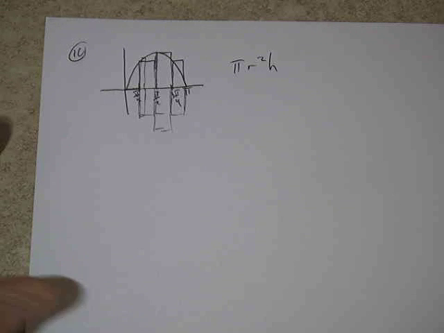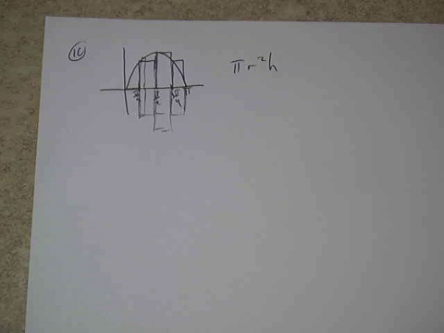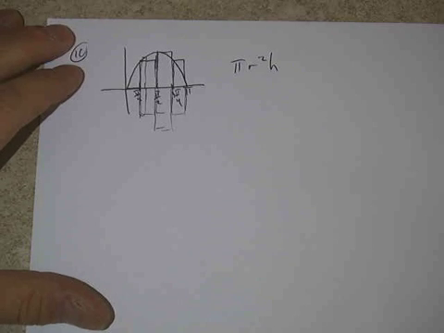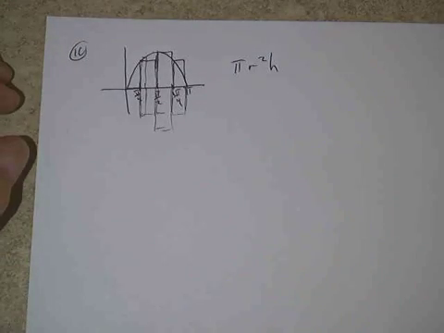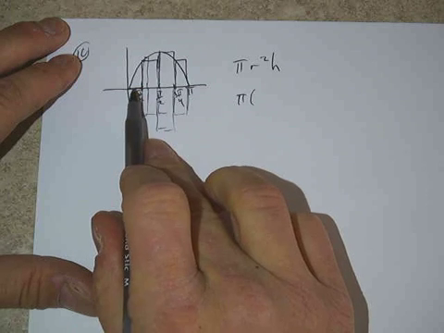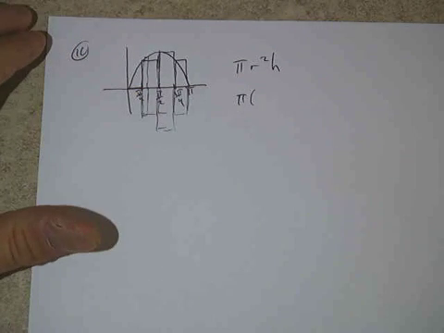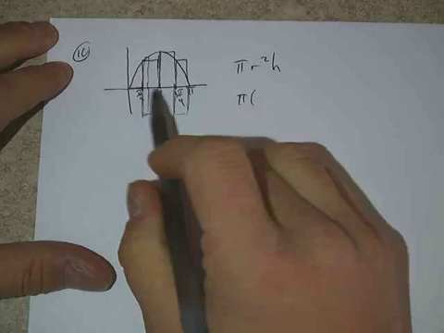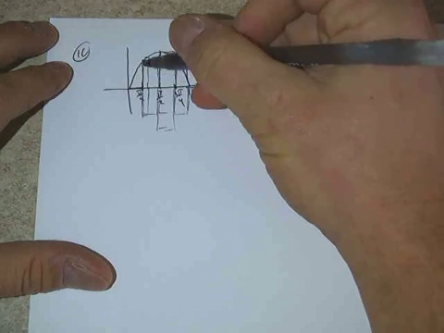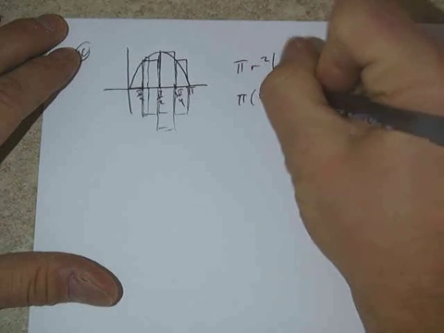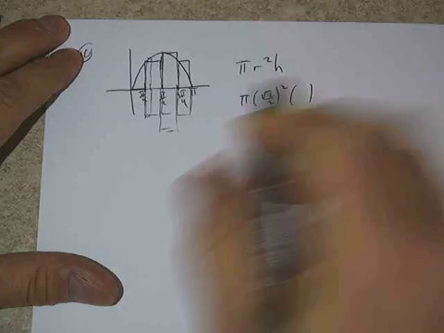Instead of rectangles, those are side views, if you will, of the three-dimensional shape, which will be a cylinder for us. And so what we want to do here is come up with a volume formula, which we already have, and see if we can fill in the blanks. Looking at the first subinterval, 0 to pi over 2, there is no rectangle, so there is no cylinder, so that's 0. With the second one, the radius of our cylinder is the height here at pi over 4. Sine of pi over 4 is radical 2 over 2. And then the thickness of each of these is going to be pi over 4,